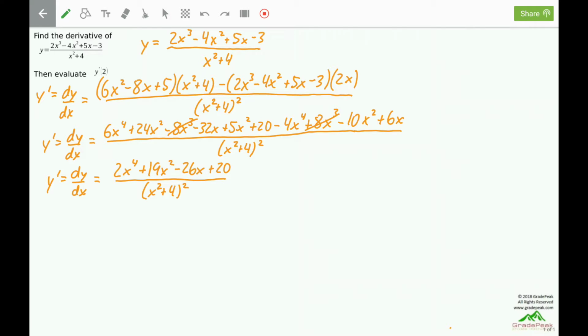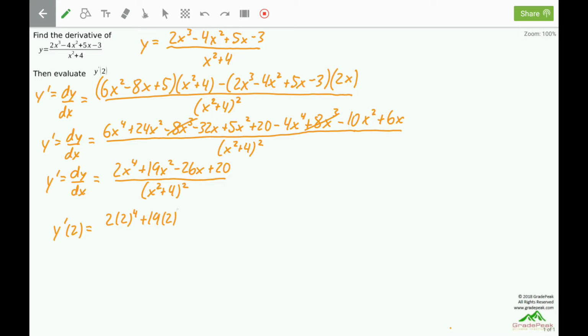or dy dx. The next thing to do is evaluate y prime of 2, which means to plug a 2 in for each of the x's. Y prime of 2 will be 2 times 2 to the 4th plus 19 times 2 squared minus 26 times 2 plus 20. All of this divided by 2 squared plus 4 and then quantity squared. In the numerator, 2 to the 4th, 2 times 2, 4, times another 2, 8, times 1 more 2, 16,